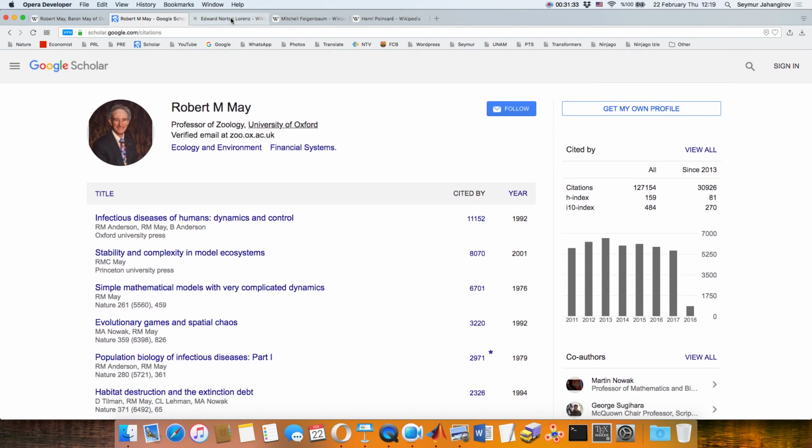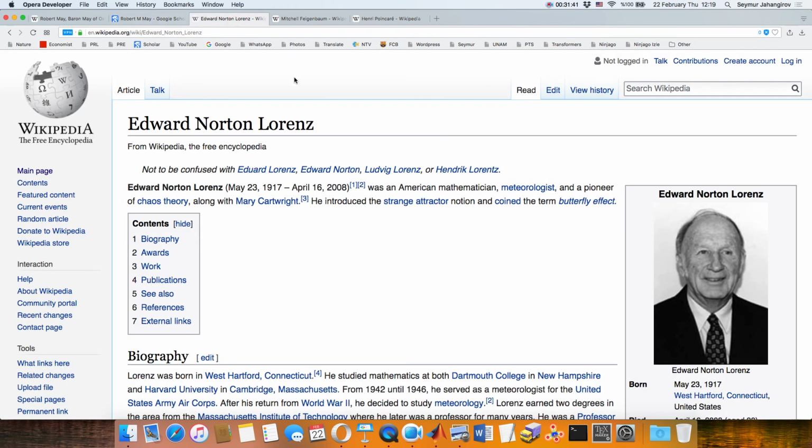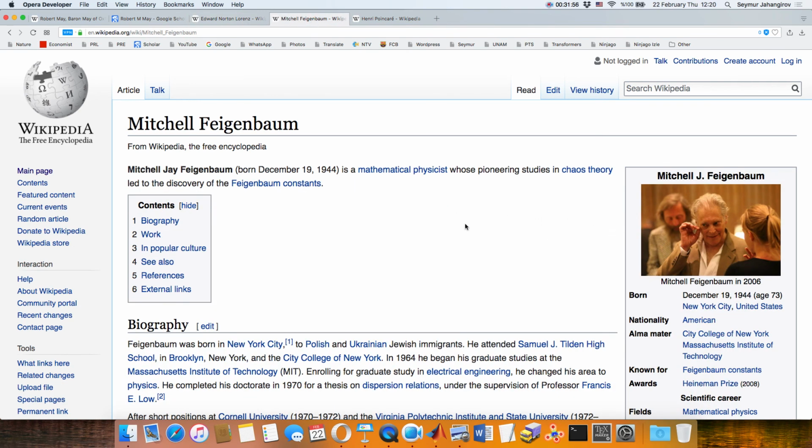We will look at a couple of them. Not a couple of them. I think we will look at this particular paper. Then we will look at Lorenz's work at MIT. We will get familiar with strange attractors, the butterfly effect, etc. Then we will look at Mitchell Feigenbaum's